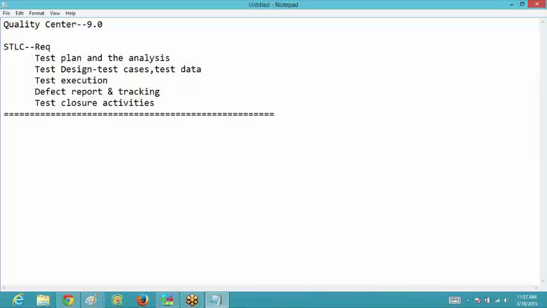Now what is this quality center tool and why do we need this tool? We can write down the defects, the test cases, and prepare the test data, everything in an Excel sheet also, right? Then why do we need a quality center tool? Before explaining why we need this tool, let me explain what this tool is about. Your QC is actually a test management tool.